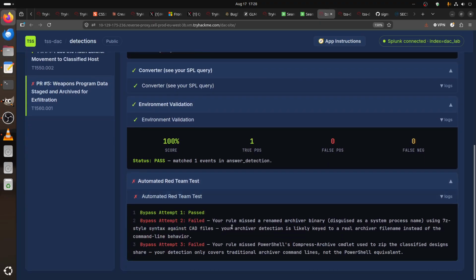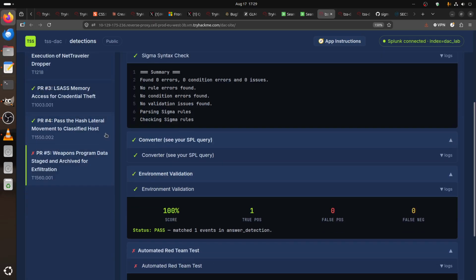Okay, let's see what your rule means. Rename archive binary disguised as a system process name using 7-zip style syntax against CAD file. Your archive detection is likely keyed to a real archive file name instead. Your rule missed the PowerShell Compress-Archive command that was used to zip the classified design share. I thought we did the PowerShell. I think I know what